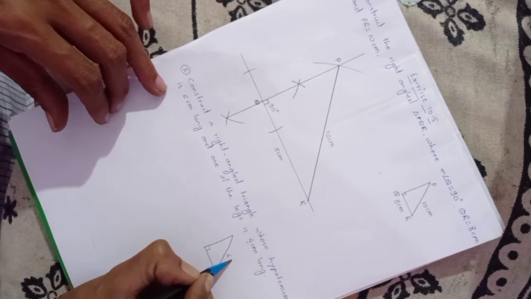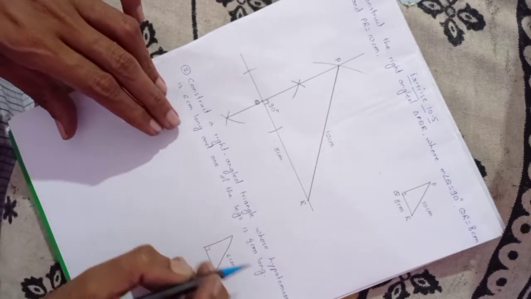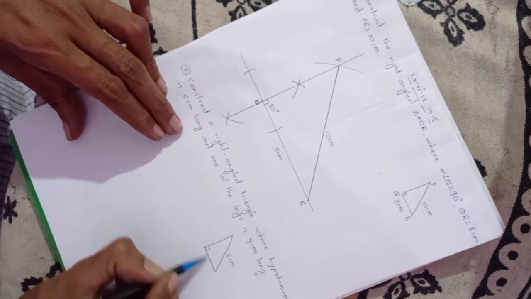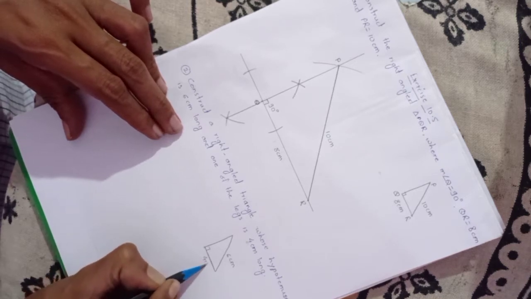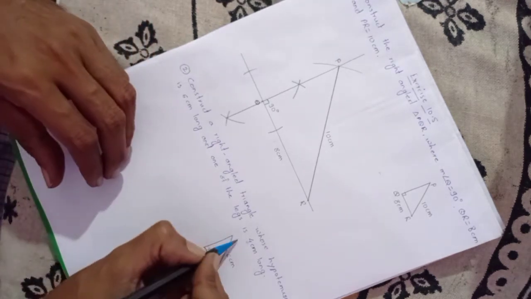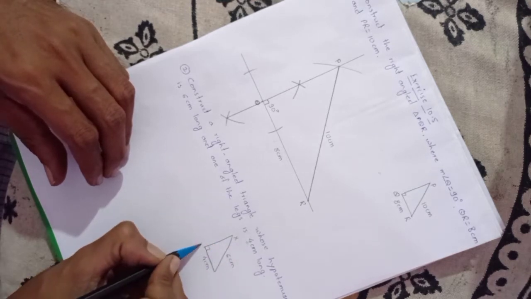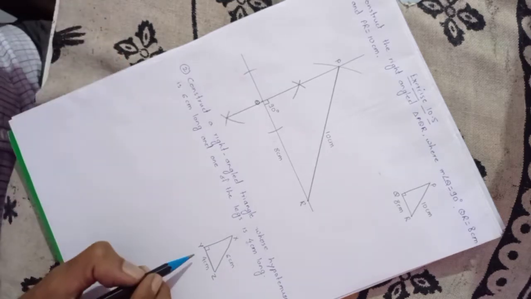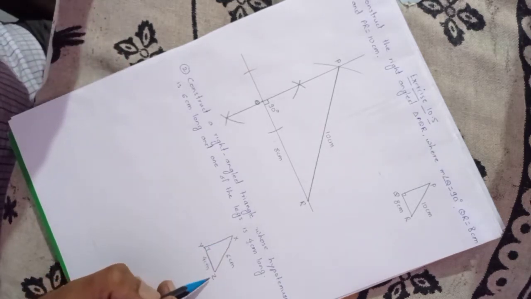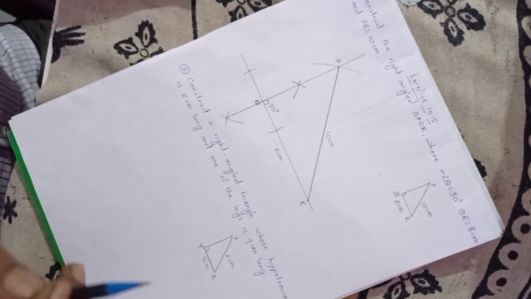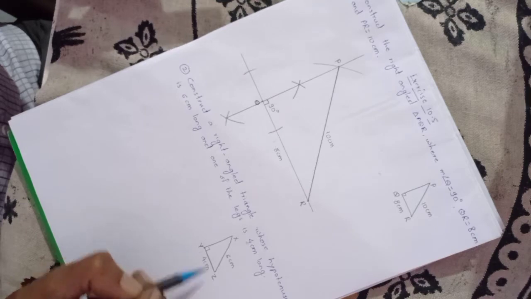We are given this hypotenuse as 6 centimeter and one of the legs. So in order to construct, I need one of the legs at the bottom. So this distance is given to us as 4 centimeters. So in order to do this, I will give some names x, y, z. So I am going to construct triangle xyz in which yz is equal to 4 centimeters and xz, that is the hypotenuse, is equal to 6 centimeters. So let's see how it can be constructed. So first we need to draw a segment of 4 centimeters.